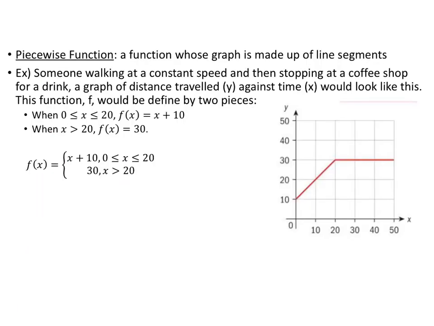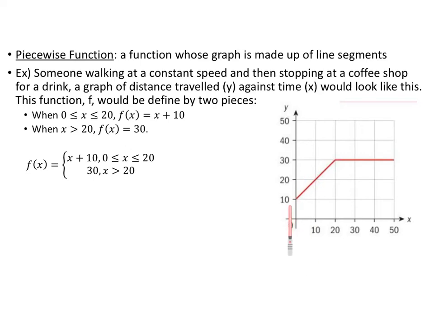The last part of this section is piecewise functions. So sometimes one linear function is not enough to represent the entire situation. So we can use piecewise functions, which means parts of the function are created using different line segments. So for example, if you have someone who's walking at a constant speed and then they stop at a coffee shop to drink, with y being their distance traveled versus x being time, this is what their function would look